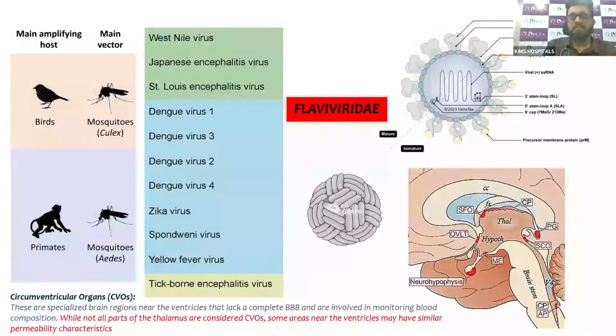Quickly about the virus itself, you all know that dengue virus belongs to the family called flaviviruses. Why is it so important to know about this? They're structurally similar, and a lot of the pathogenesis is pretty similar to dengue virus. Why am I talking about this? Because they can have a similar MRI picture. Japanese encephalitis is a very close MRI mimic of dengue encephalitis.